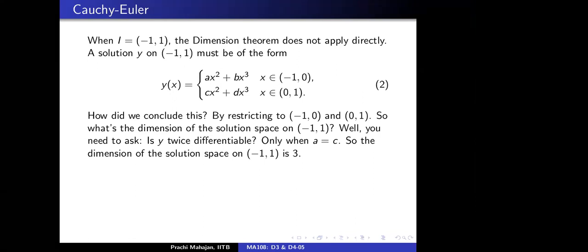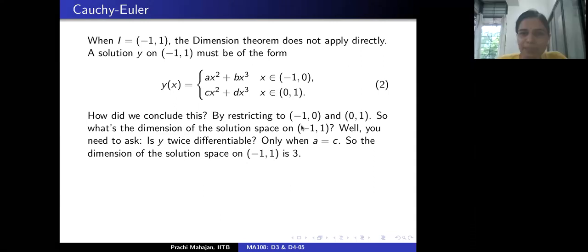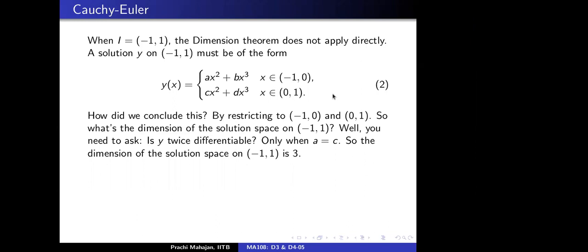Yes, ma'am. Is that okay with everybody? No, ma'am. What's the third function? Can you repeat your argument for how you can say the dimension is equal to 3? So there are 3 parameters here, no? A, which is equal to C, B, and D. Okay, ma'am. And then the dimension depends upon...